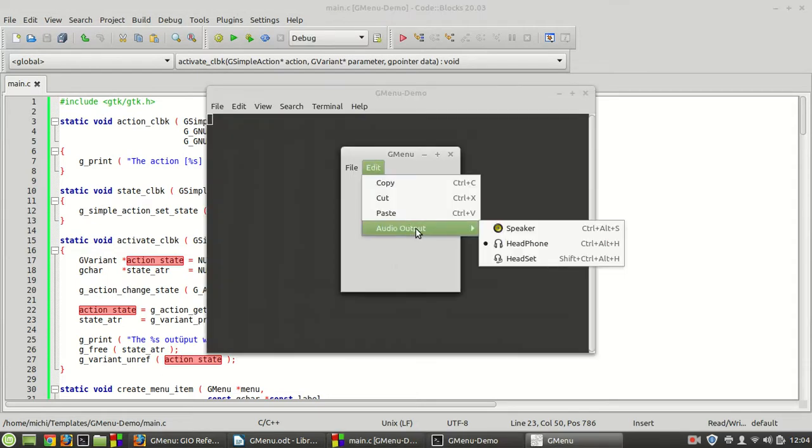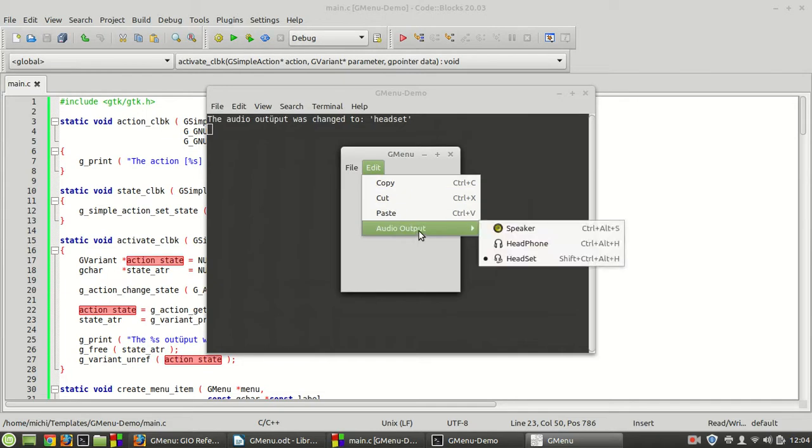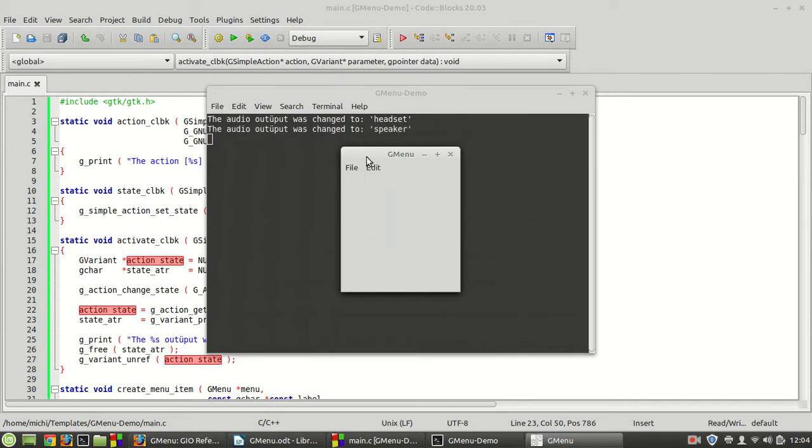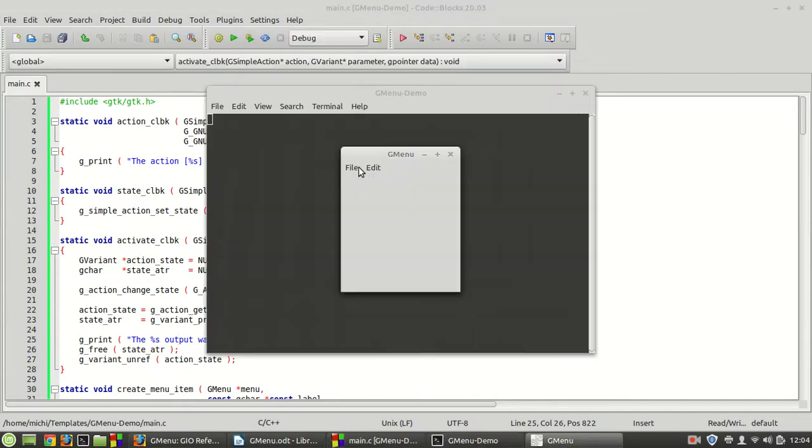Should work fine. Now as you can see, it is set to headphone. Let me click on headset. The audio output was changed to headset, which looks good. The audio output was changed to speaker. What the heck? Let me fix that. The audio, yes, a U, a German letter. Now let me go back and see audio output, speakers,